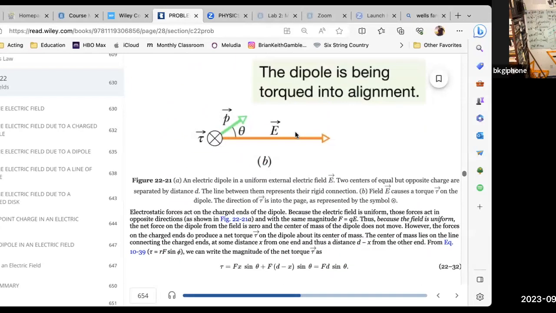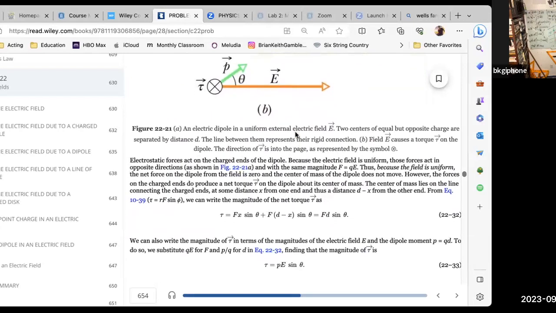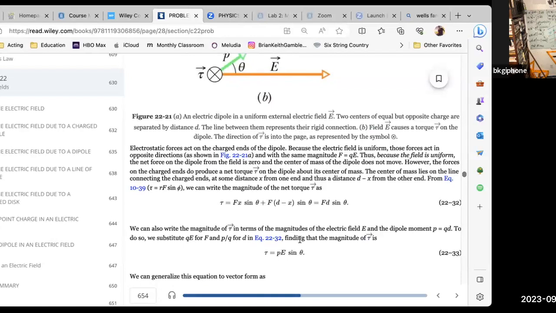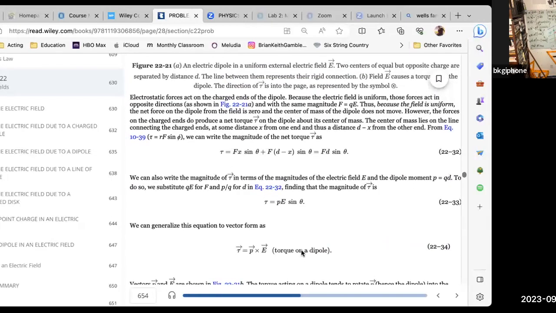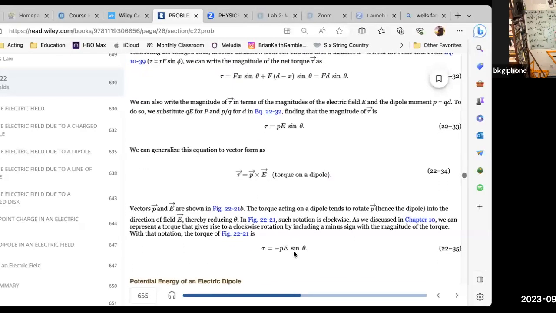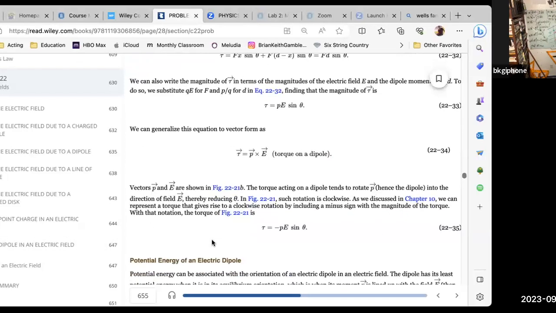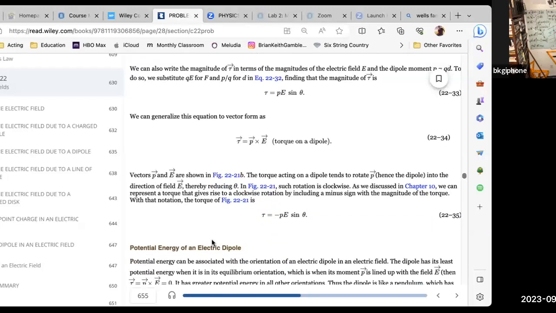So the delta theta here is a negative quantity, and the sign of a negative quantity is negative. So that's where they're getting this from. So you might say clockwise rotation, clockwise by including a minus sign, the magnitude of the torque, the notation. Yeah, so basically,